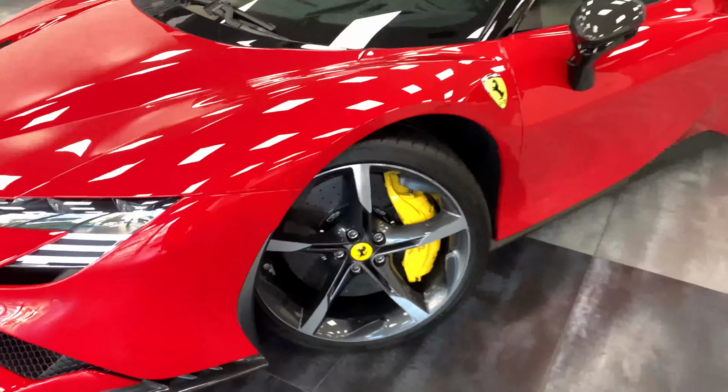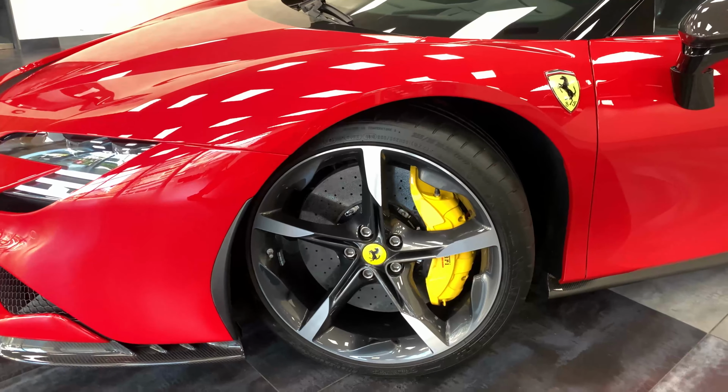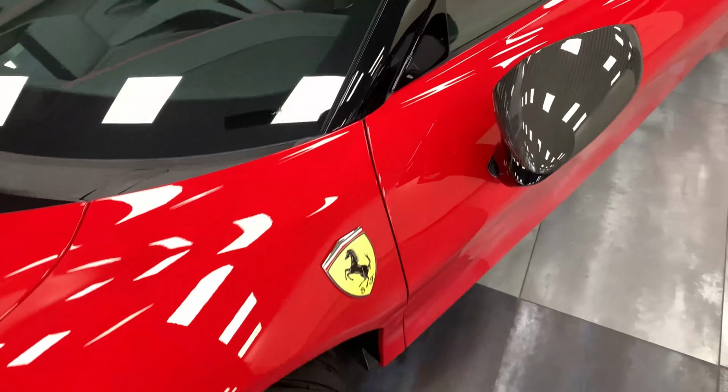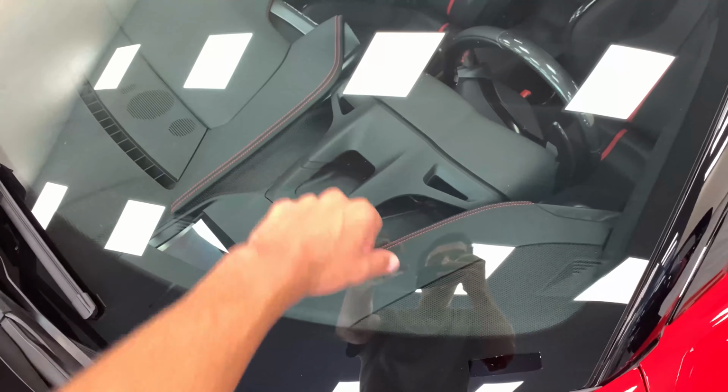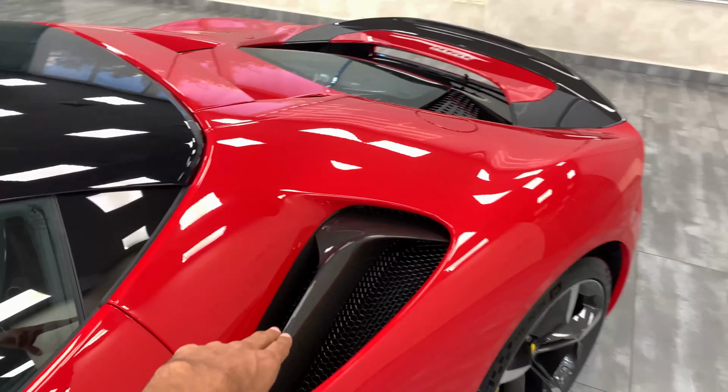We have 20-inch rims on this car with huge yellow brake calipers. Again, the huge Ferrari emblem that you get over here with the carbon fiber mirrors. I'm a big fan of the design that you get behind the steering wheel with the head-up display stuff going on over there. Alright, so coming on towards the side, you have carbon fiber accents over here,